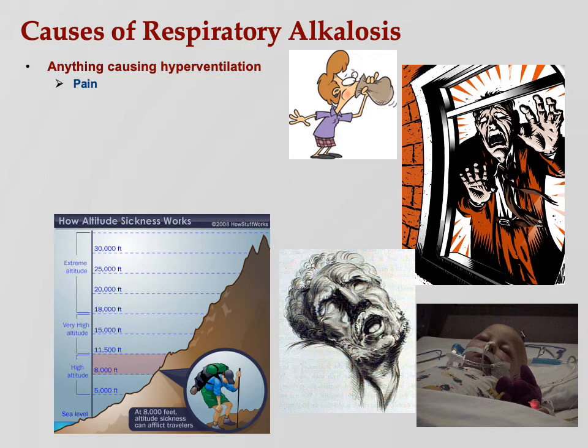So pain. People who are in pain will breathe faster, they'll hyperventilate, so expect them to go into alkalosis. Anxiety can do that. Panic attacks. These things may all cause you to breathe way too fast, and so you end up going into respiratory alkalosis. And remember, what's the behavior of someone in alkalosis? Remember Alkalosis, the boy who killed with a rake? These people are hyper reflexive, hyperactive. So they have spasms, tetany, convulsions.